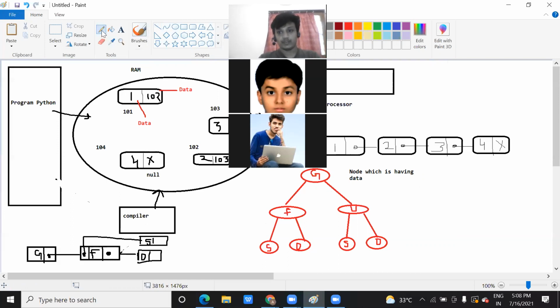Let me explain to you. This is called a graph data structure.